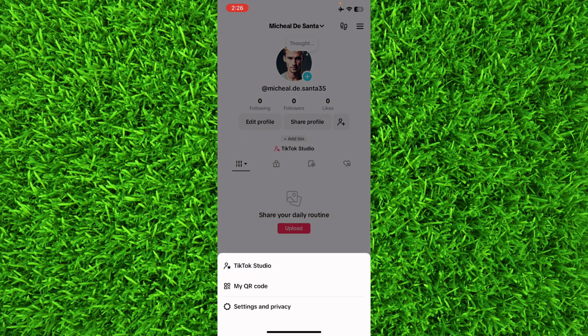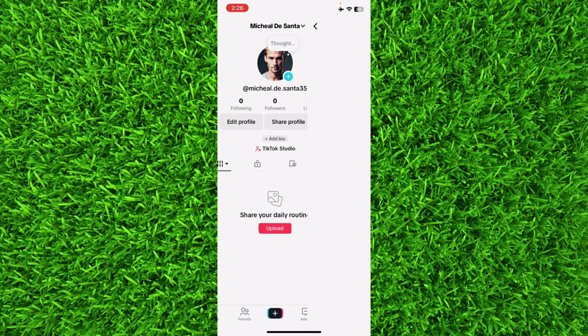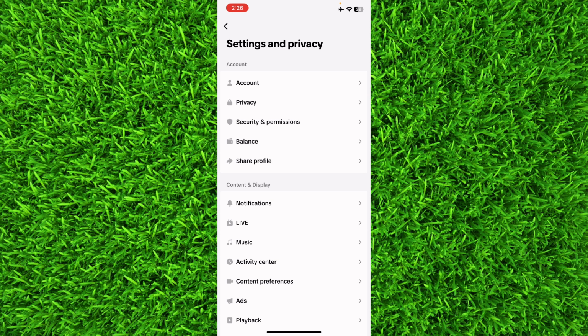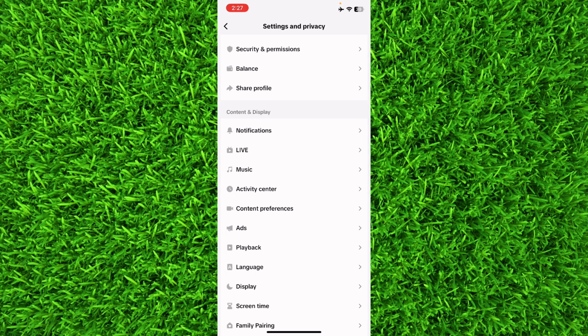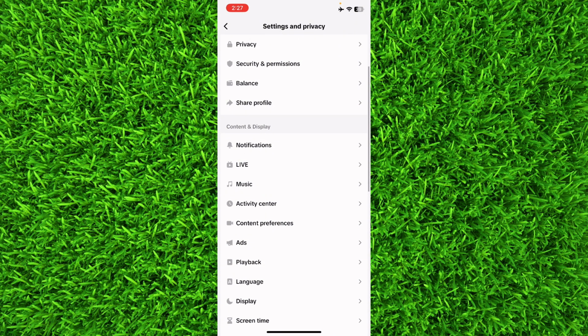And after that, you'll have to tap on settings and privacy right on the bottom, and it will take you to a new page where you'll be able to find all the settings. And in the content and display section, you'll be able to find an option of activity center. You'll have to tap on activity center,